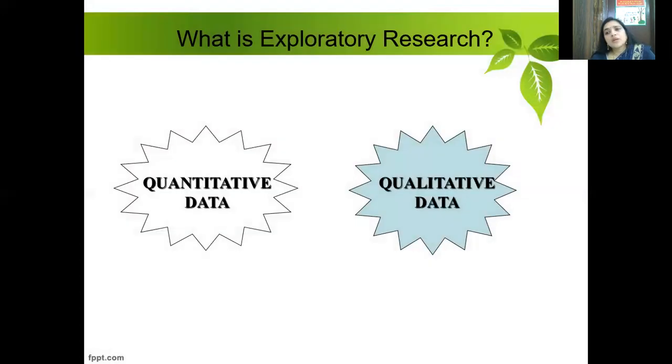Then what is exploratory research? We already discussed this, but this is a very important question. Sometimes you get an exam question on whether this is quantitative research or qualitative research, and what kind of data is needed in exploratory research, quantitative or qualitative data. The maximum number of times we will be getting qualitative data, and sometimes when we use quantitative data, that is